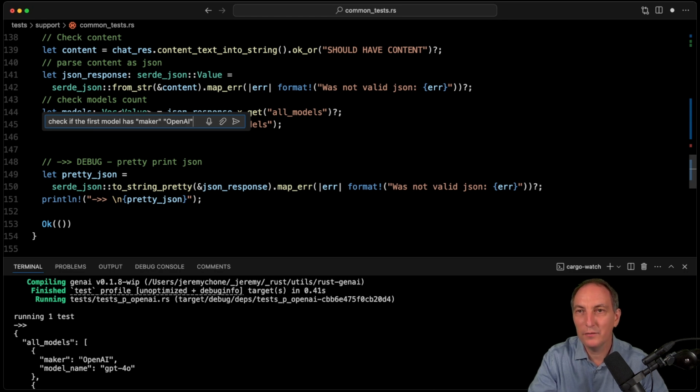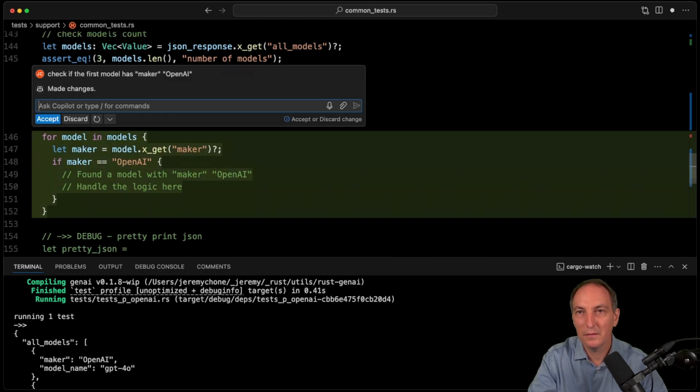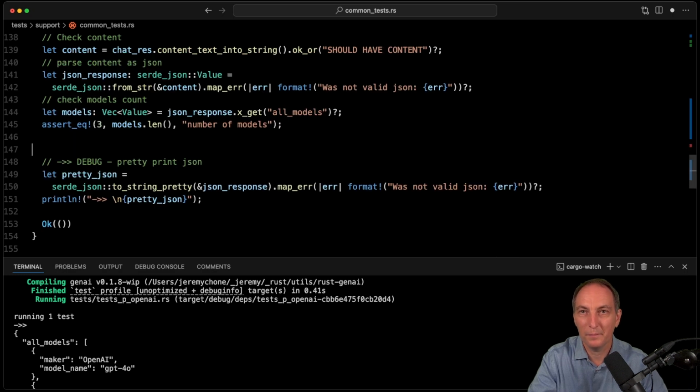But every time I do this with this beast, no, this is not what I wanted. Okay, whatever. So assert equal, well, I'm going to say let first maker, and I will say models get